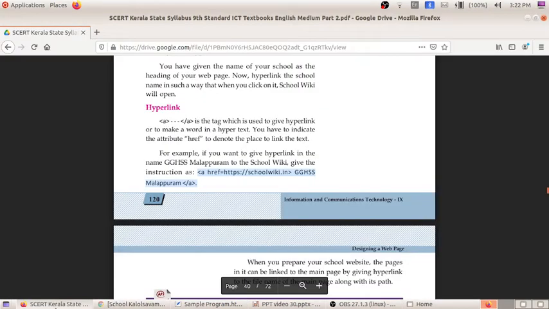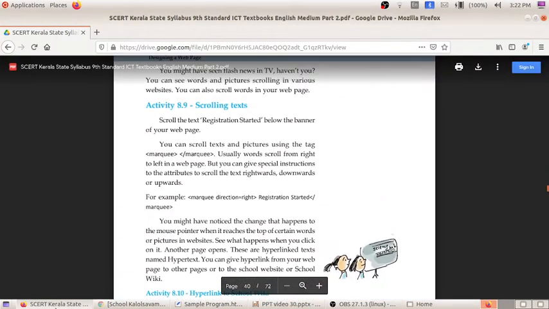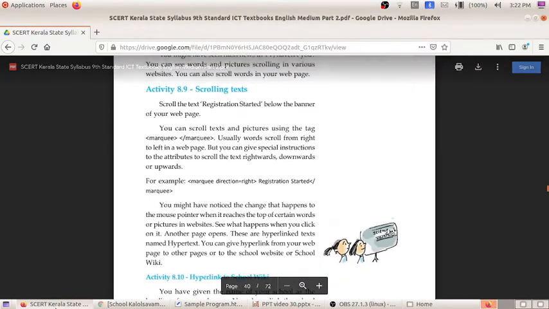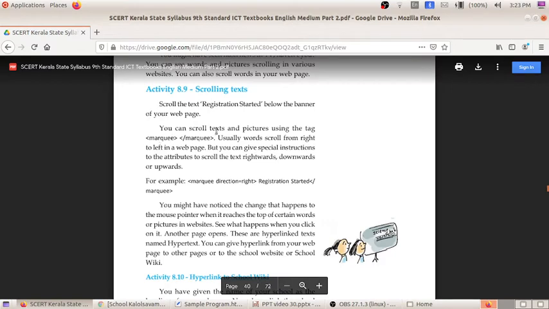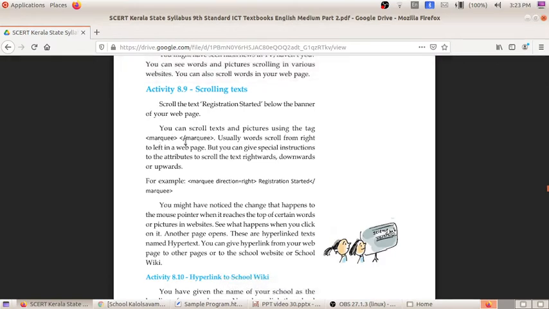In the textbook it is given that for adding the scrolling text, the tag we use is marquee. We have to open the marquee tag and close the marquee tag, and in between these tags we have to write the text. This is the text for the marquee. I am copying this text.